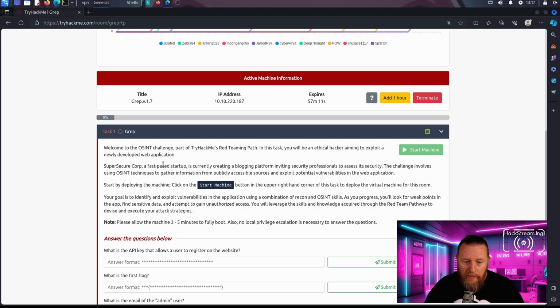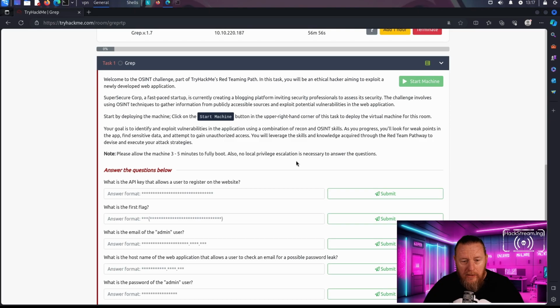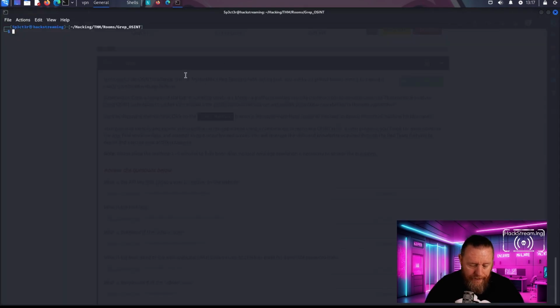Super Secure Corp, a fast-paced startup currently creating a blogging platform, is inviting security professionals to assess its security. The challenge involves using OSINT techniques to gather information from publicly accessible sources and exploit potential vulnerabilities in the web application. Its goal is to identify and exploit vulnerabilities in the application using a combination of recon and OSINT skills. Okay, so